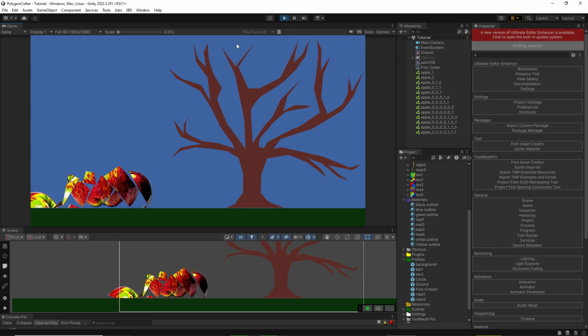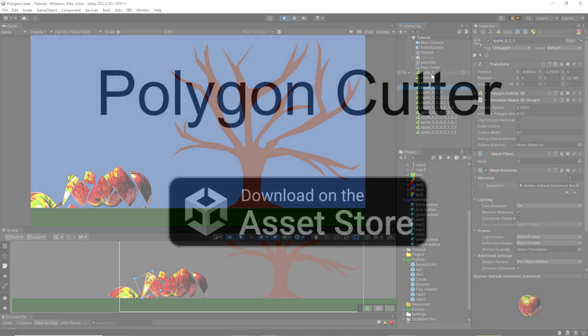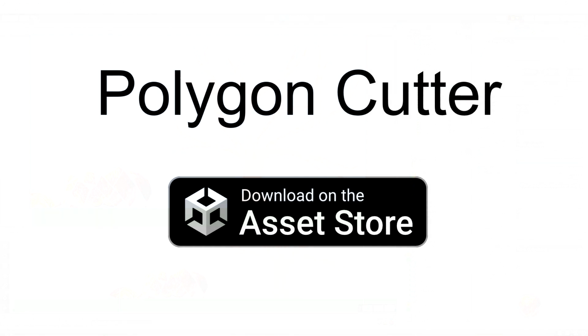So this rigid body component was also added to all of the parts created by Polygon Cutter. As you can see, Polygon Cutter also names your object, so you can